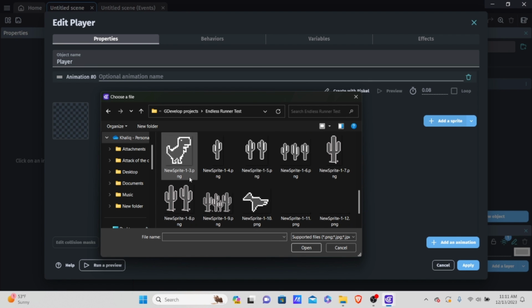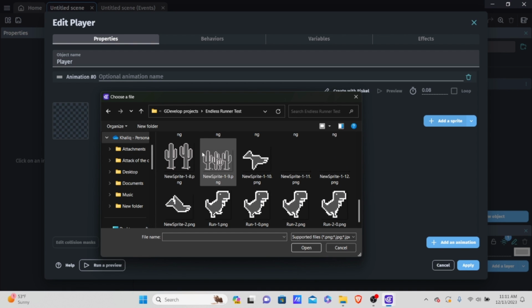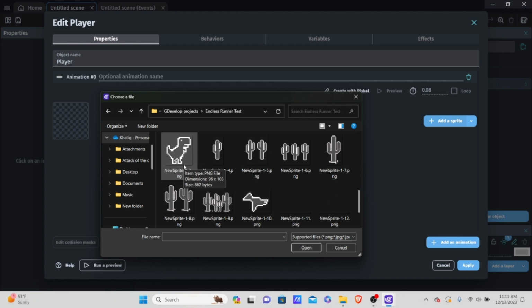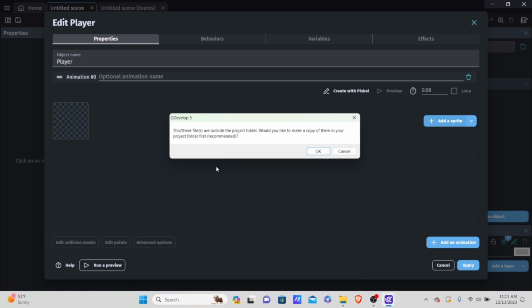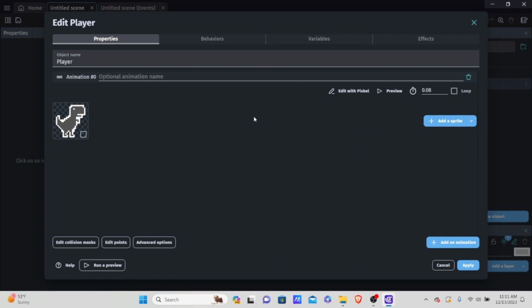And here we have our first player sprite. Now this player sprite, you should be using the one that looks like this. And this is the first sprite of the player, and it's just in a static position. Now I'm going to add this to the player, and the behavior that we want is going to be a